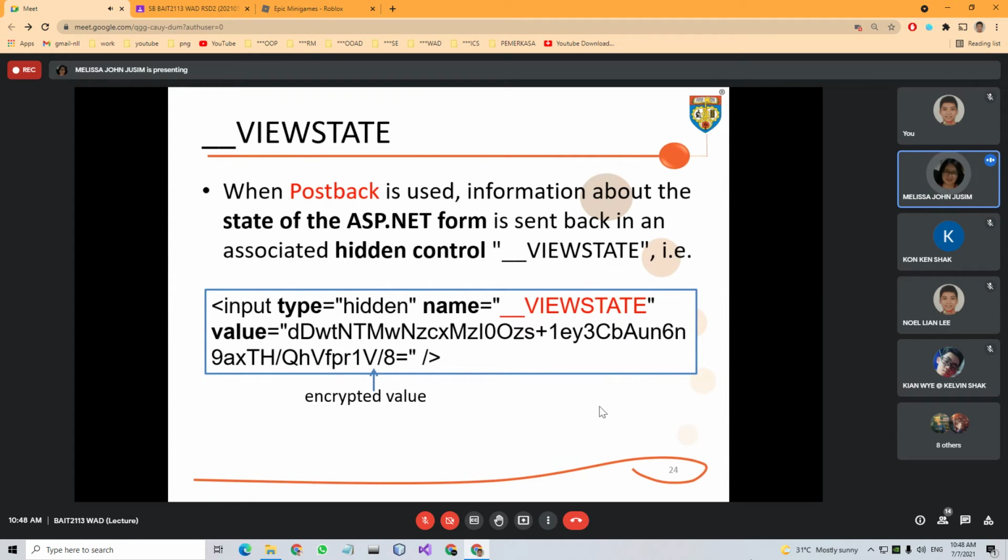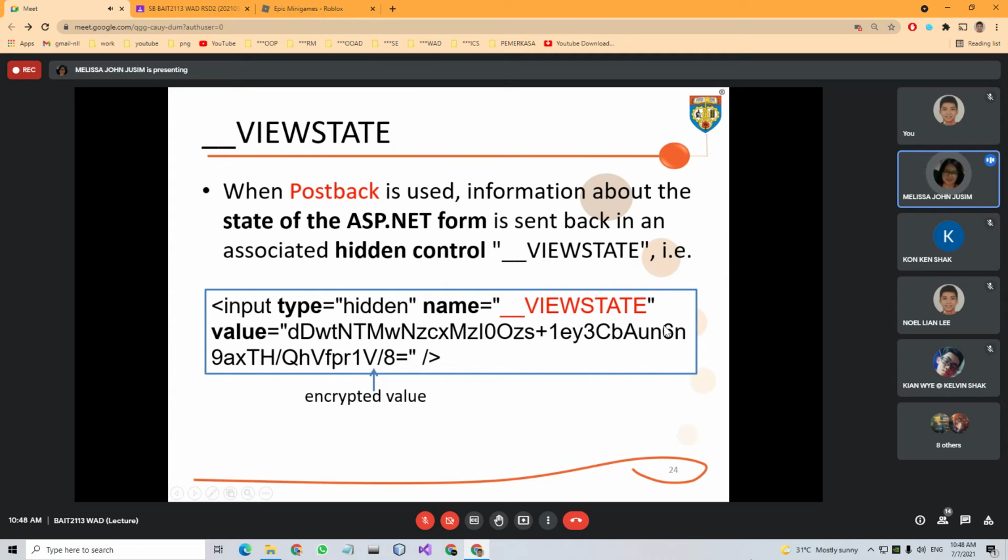How do we get the values in our form? This is what happens. This is a hidden control, and the name of the hidden control is double underscore view state, with a value.